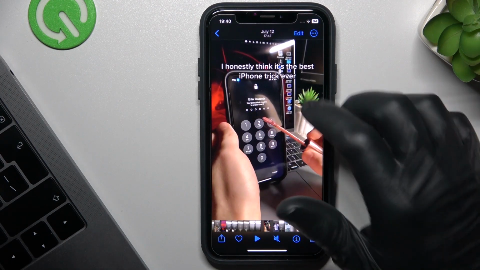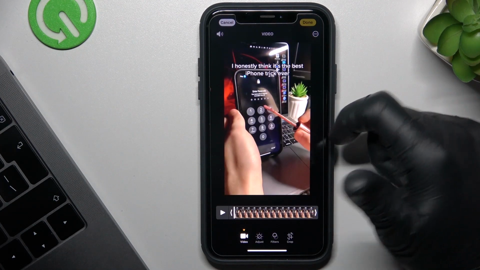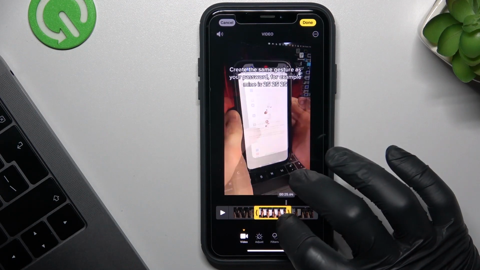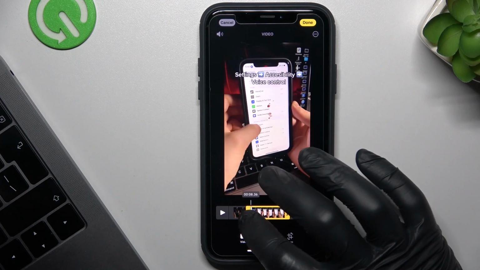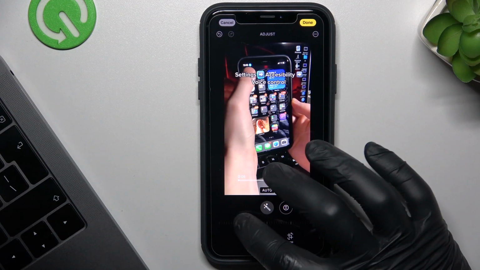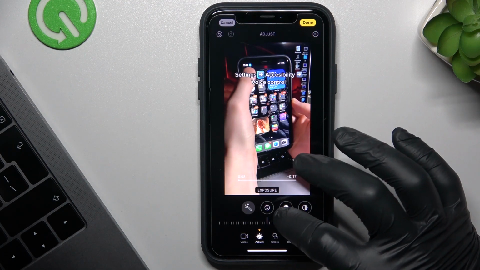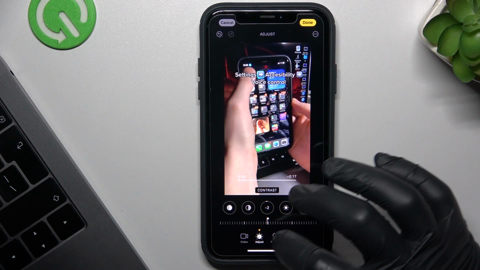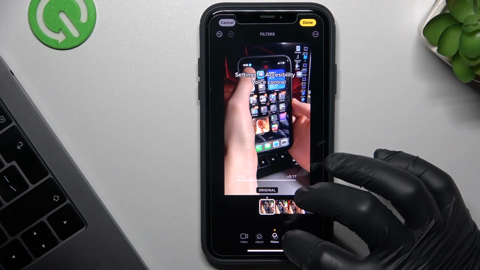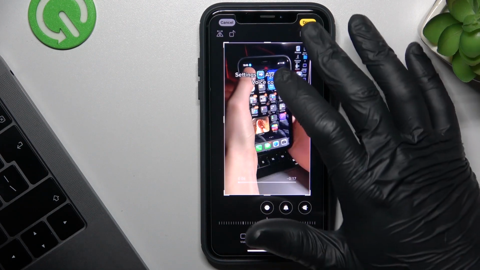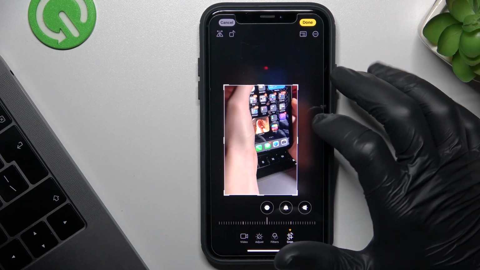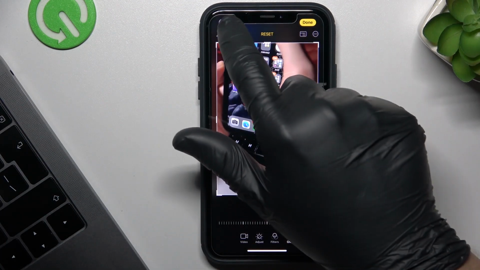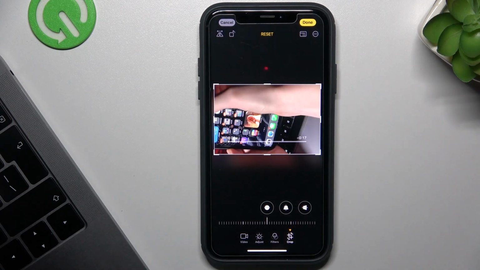Now if you want to edit it, just click on this little icon, and as you can see it will have few options to edit, so you can crop the movie, change the color grading, the exposure, shadows, contrast, etc. We can add a filter, or just crop the size of the video. You can also use the mirror effect, or just turn it. Now click on the done,